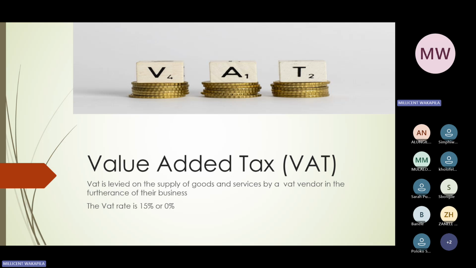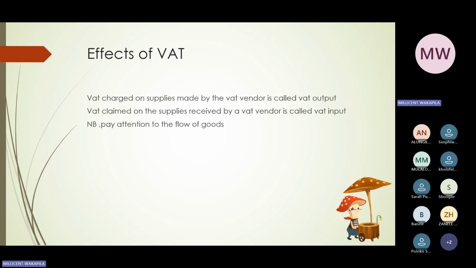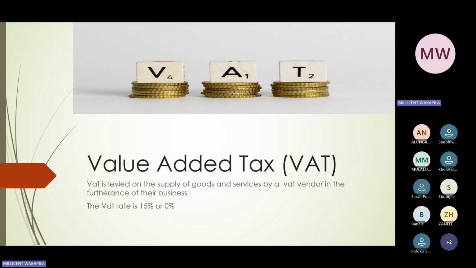So this slide here explains to you guys that VAT is levied on the supply of goods and services by a VAT vendor in the furtherance of their businesses, right? So what this basically means here is that whoever supplies goods and services, first of all they have to be registered as a VAT vendor, and then now they levy